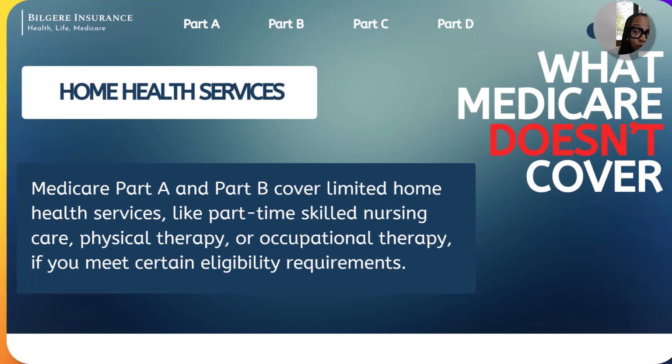Long-term care, not to be confused with home health care services, which sometimes Part A and Part B will cover, some limited health services. Like if you need physical therapy at home, they'll come in and tell you to do your physical therapy activities. But if you needed help with your medication, getting dressed or clothing, that's not covered. So skilled nursing care is like